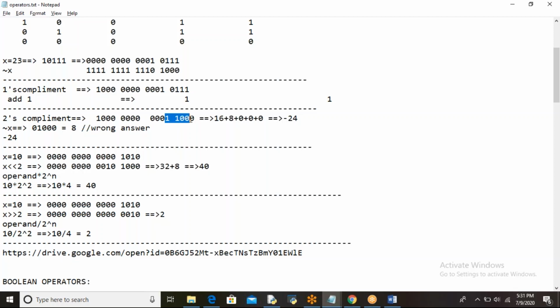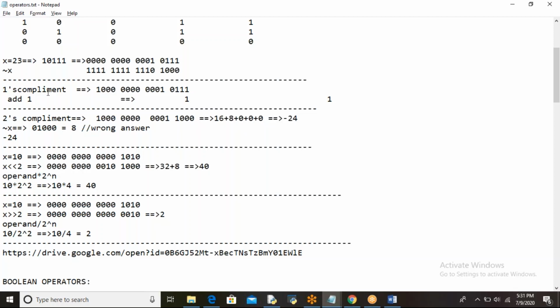That means what is the value of this? 11000? This is the value. 24. Because you have got 1. See, 2 power 0, 2 power 1, 2 square, 2 cube, 2 power 4. 2 power 4 into 1, 16. 2 cube into 1, 8. 16 plus 8, 24, you got it. Because the sign bit is 1, you have put the negation here, minus here. Understood my point? Because it is a negative number, you have mentioned the minus symbol here.